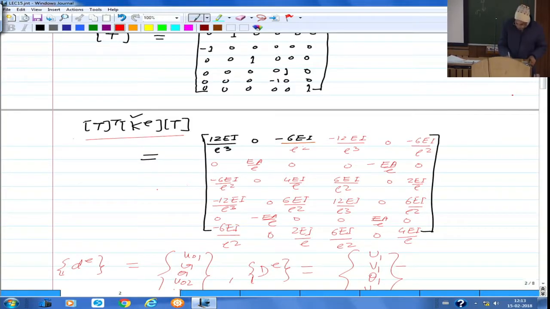When you look at this, you will find again the change in the sign. If you see this stiffness term in the second row, this was 6EI by L square. Now you have a minus sign because the local y axis is in the negative direction of the global x axis. The rotation is the same, the z axis is the same, but the local y axis is along the negative global x axis, and that is why there is a change in the sign also. So you can study yourself how the stiffness terms are getting redistributed in the transformed stiffness matrix,